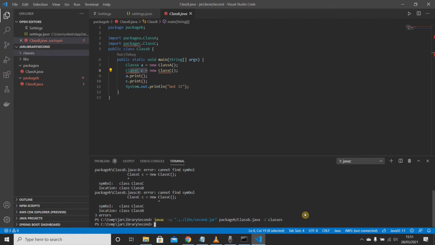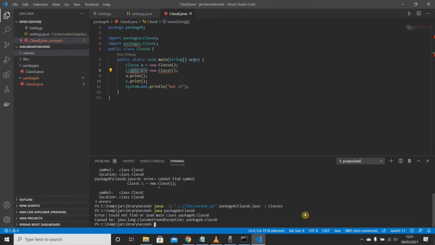So now we want to run our compiled code. How would we usually do it? Java -jar. Nope. We would do java package, we'd use our entry point package B, class B. Let's see if that runs. Could not find class, class not found exception